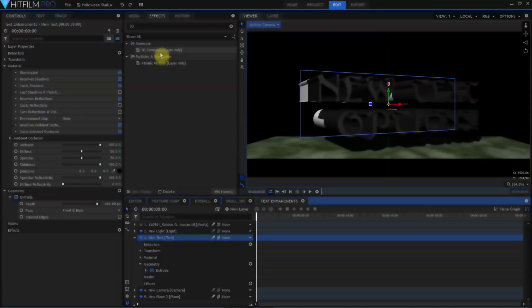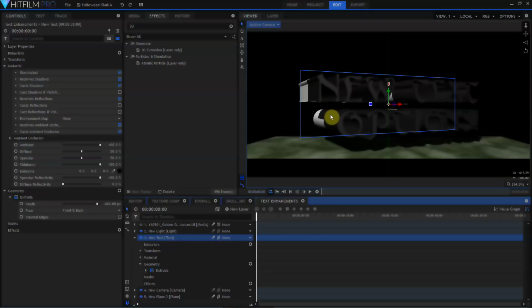The major difference between the classic 3D extrusion effect and the new geometry extrude is the old 3D extrusion effect was fake 3D. It was drawing the image of a 3D extruded layer onto a 2D plane, but it was still a 2D drawing, and it did not cast shadows on itself or on other objects in the scene correctly. This new geometry extrude effect is turning this new text object into a full 3D object.